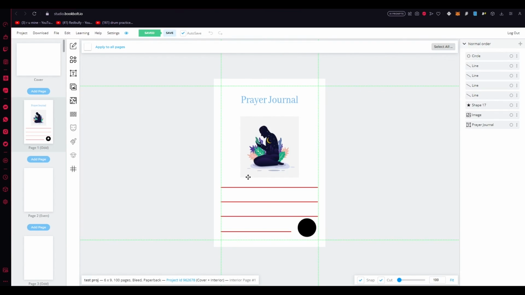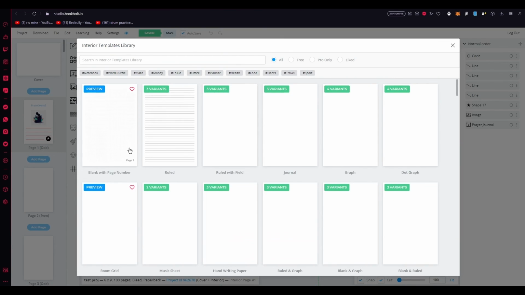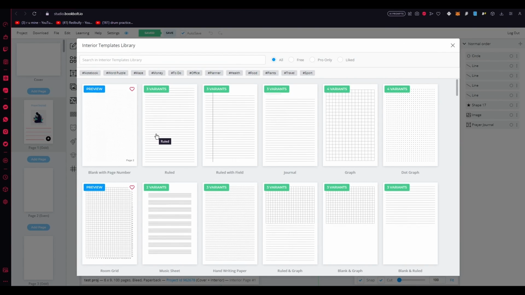So before we wrap up, I'd like to introduce you to another useful feature of BookBolt, and that is its pre-designed templates. If you're short on time or you prefer not to create a design from scratch, these templates can be a real lifesaver. If you come up here on page templates in the toolbar, you can see that BookBolt offers a variety of templates for different types of books. For instance, you could select a template for a